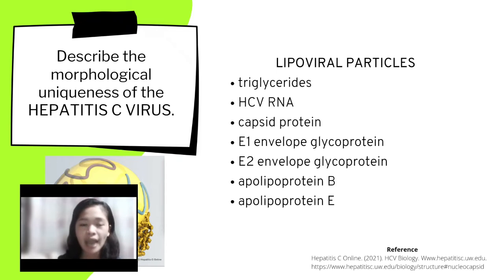Now, in the bloodstream, HCV can circulate as a hybrid lipoviral particle that consists of lipoproteins tightly associated with the HCV particle. The specific components of the lipoviral particle include triglycerides, HCV RNA, capsid protein, E1 and E2 envelope glycoprotein, apolipoprotein B and apolipoprotein E, and the formation of the lipoviral particle facilitates HCV entry into hepatocytes and protects